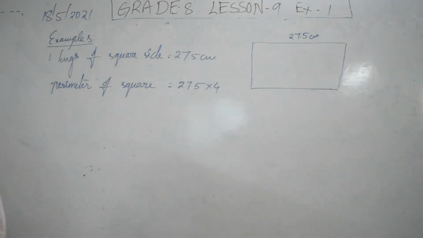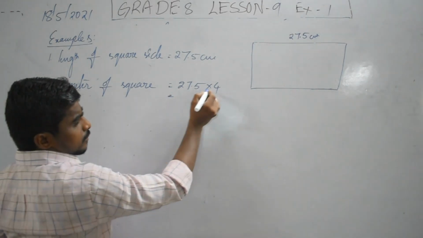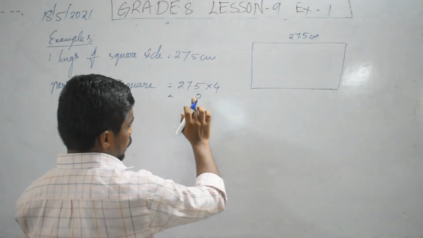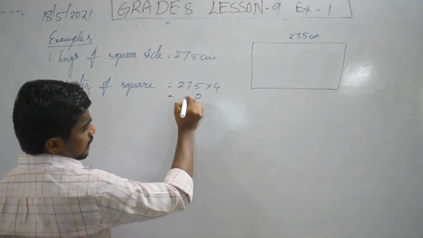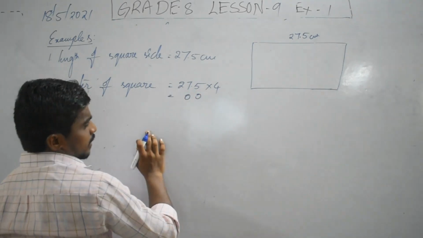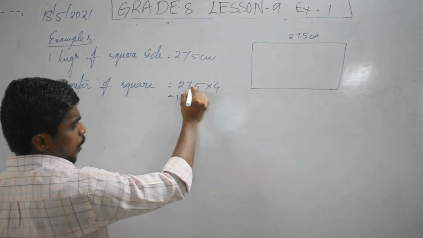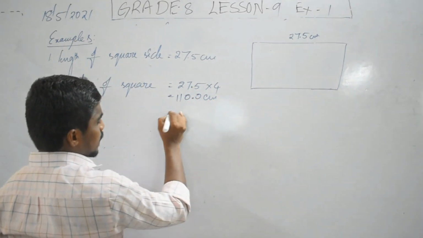What is the perimeter of the square? 4 into S. Yes, so 4 sides. Now see, 4 fives are 20, 4 sevens are 28, plus 2 is 30, 4 twos are 8, 8 plus 3 is 11. So point after one number. So 110